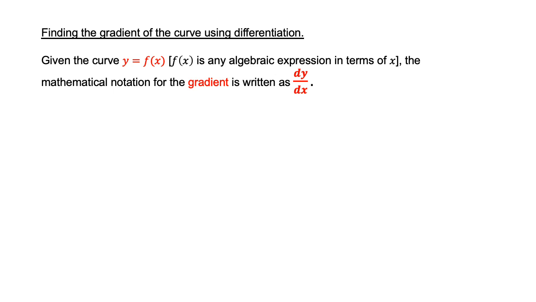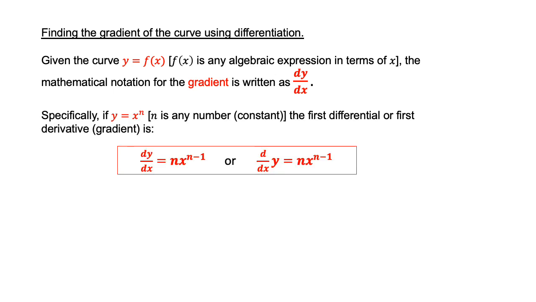Okay, so specifically in year 12, all we need to know is how to differentiate any expression with powers of x. So if y is x to the power of n, n can be any number, positive or negative or a fraction, the first differential, and so we also say first derivative, and usually in the context of the gradient is, and here is the formula, so dy by dx is equal to n times x to the power of n